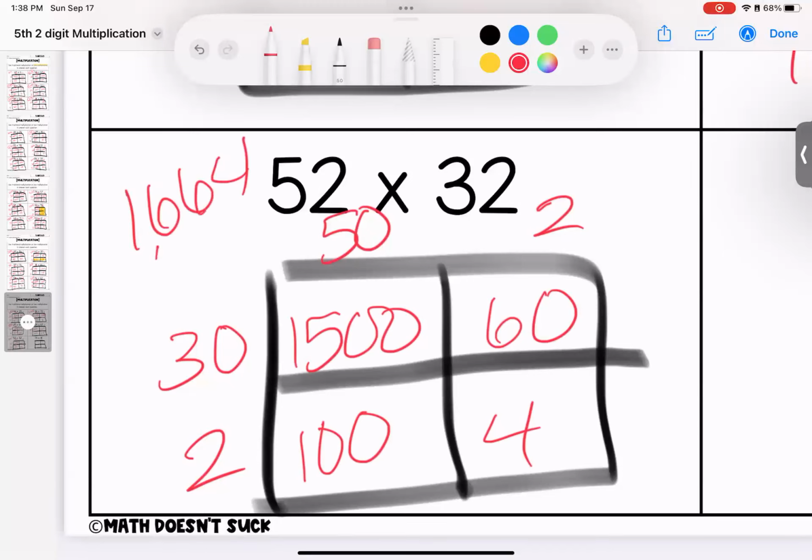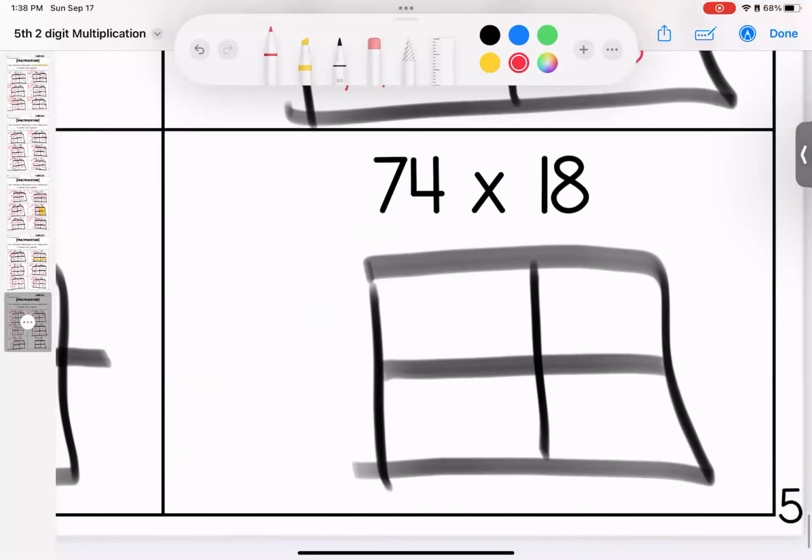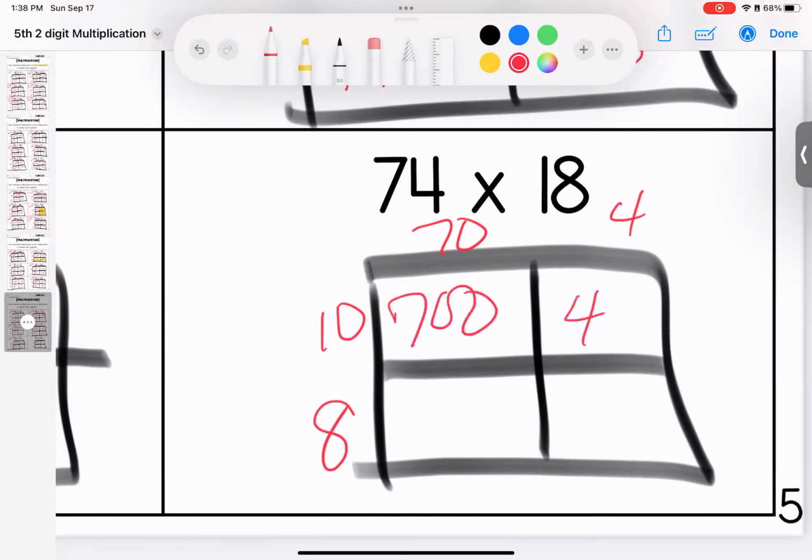Total 1,664. 70 and 4, 10 and 8. Last one for this week, my loves. 7 and 1 is 7, 2 zeros. 7 and 4 is 4, 1 0. 8 and 7, 56 with 0. 8 and 4, 32. Total